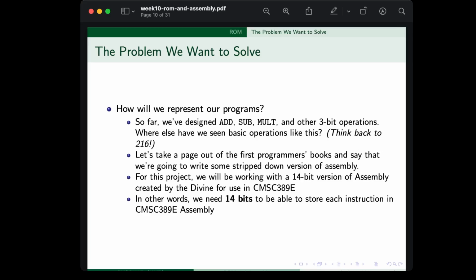This is a little unorthodox, but it actually simplifies a lot of the problems that would be caused if we were to either write 3-bit instructions or be able to support a much higher amount of bits for instructions. And thusly we'd have to support it in other operations as well. So this is the easiest way to go, basically. So TLDR, our operations are 3 bits still, but the only thing that's going to be stored in 14 bits are the actual instructions that we're going to be interpreting. Okay, I've given you some background here,